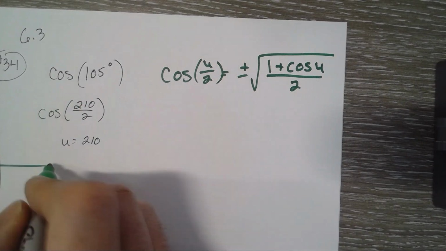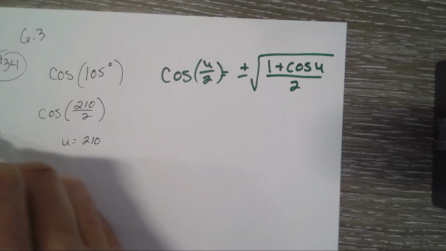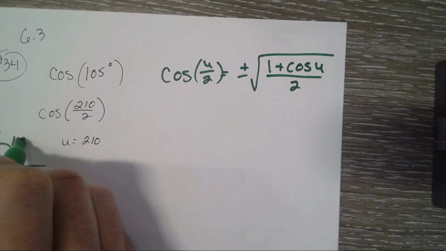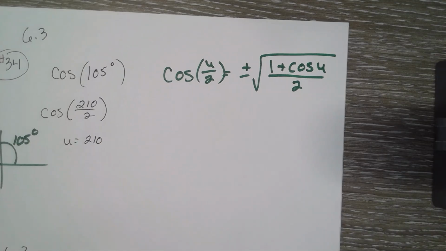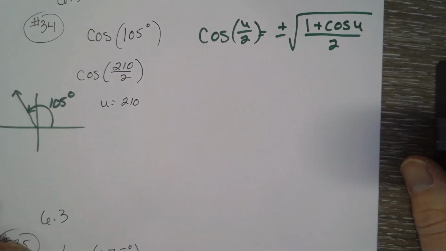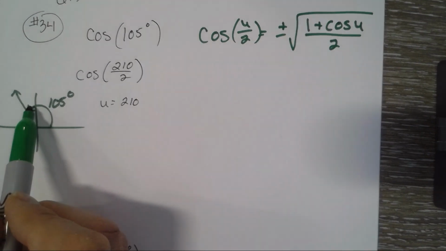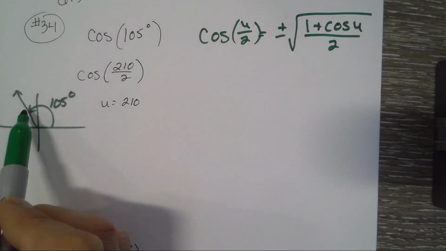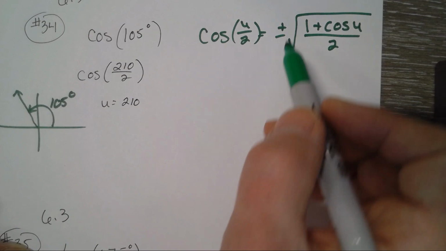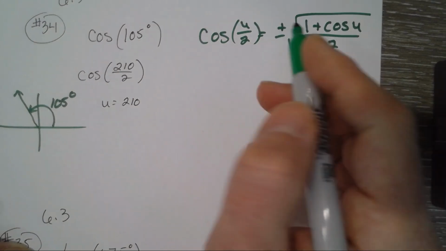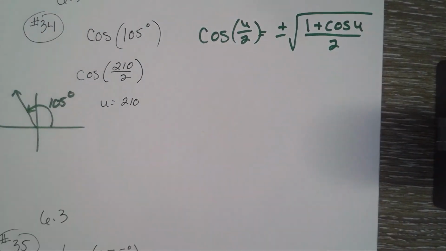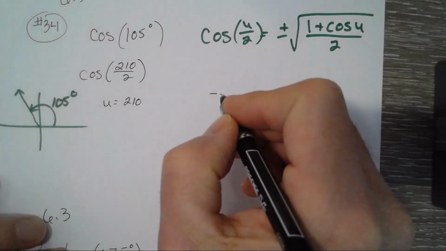105 degrees is in quadrant 2. That's 105 degrees. So if we're trying to find the cosine of that angle, since it's in quadrant 2 and cosine represents x, it's going to be negative because we're going to the left. So we're going to choose the negative square root. So we now have the negative square root of